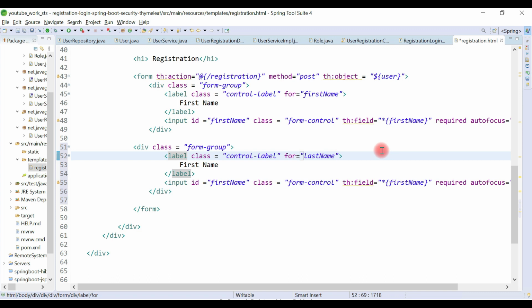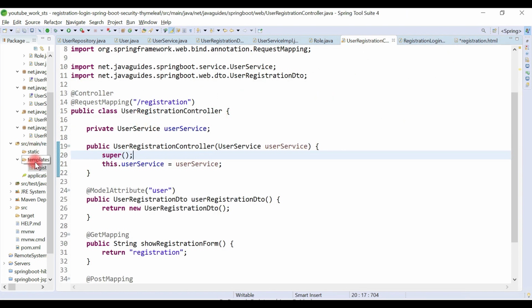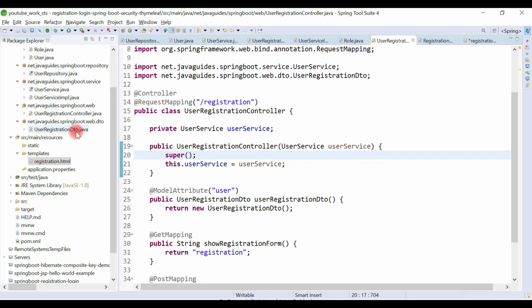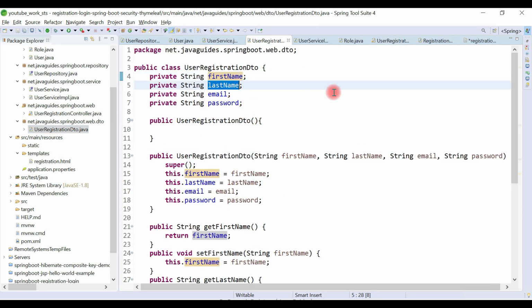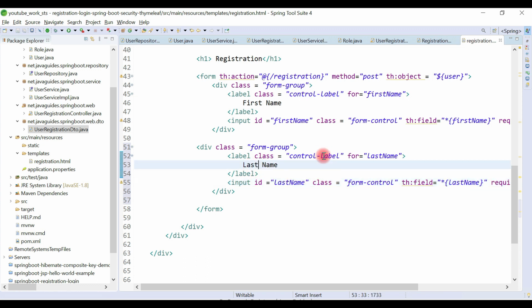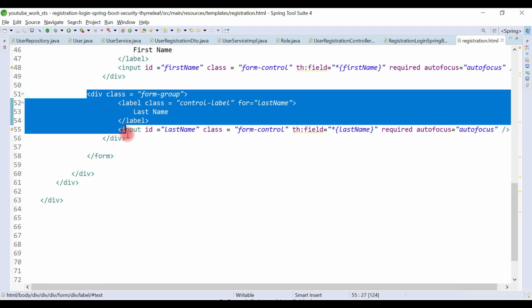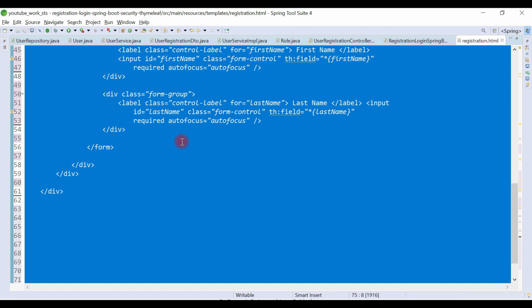Last name. This is the last name. As I already mentioned, this should be equal to this, right? Now where it is, so just copy this last name, go to the HTML page and paste it here. Okay, now again just copy this, let me format,